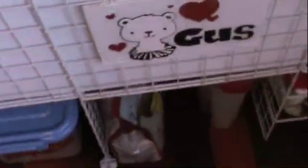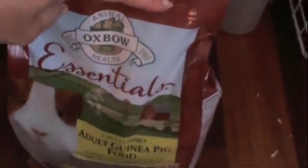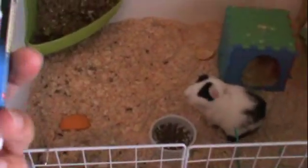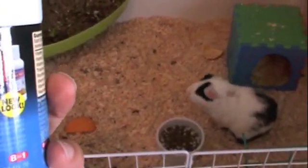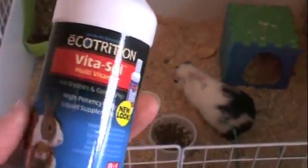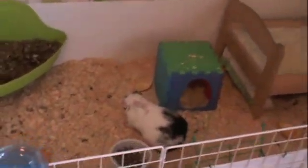And as for the boys, I got the food for the pigs today. I got some more. This is what we've been feeding them now. It's the Oxbow Essentials, and it's for adult guinea pigs. And that's their food, but they still have this container full, so I haven't bothered to put it in there yet. And I bought some drops for their water. This is Ecotrition Vitasol, and it's vitamin drops for their water, because when I had Cupcake into the vet last week, or the